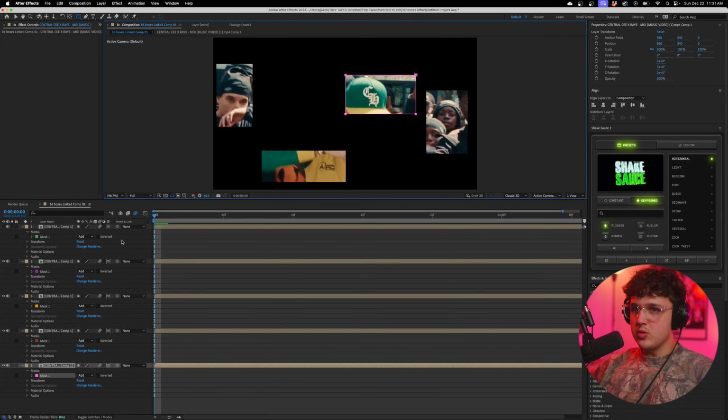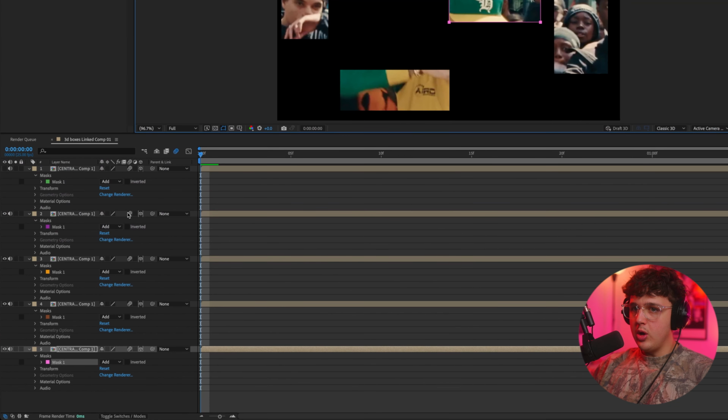What we're gonna do next is we're gonna go ahead and make sure we have all of these 3D on. They're on for some reason. So basically what you wanna do is toggle the switches and modes. If you don't see those options, you wanna click this and you'll see a 3D box and a little motion blur. If you hover over it, it says motion blur. This one says 3D layer. Just make sure you have these on. Mine are already on. So just make sure you turn them on for all of the layers here,